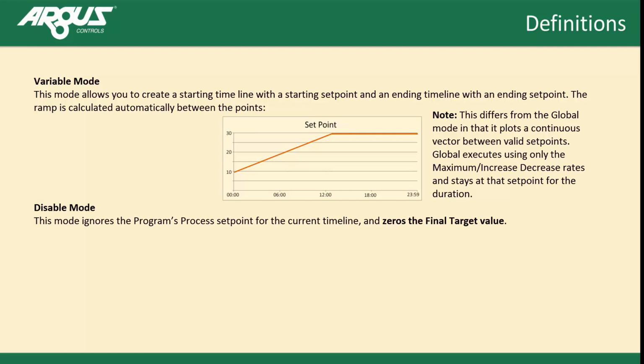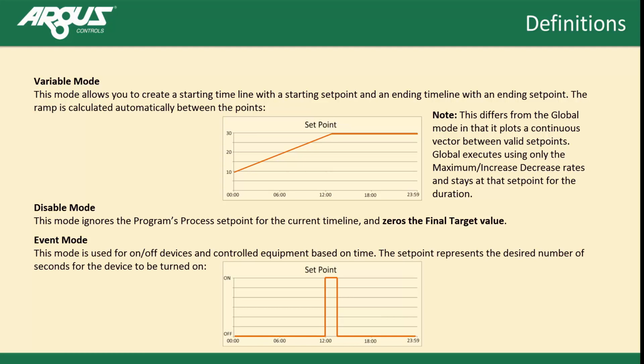Disable mode ignores the program's process setpoint for the current timeline and zeroes the final target value. Event mode is used for on-off devices and controlled equipment based on time. The setpoint represents the desired number of seconds for the device to be turned on. Note that event mode only works for a process using time, seconds, or hours, minutes, seconds, display scaling,